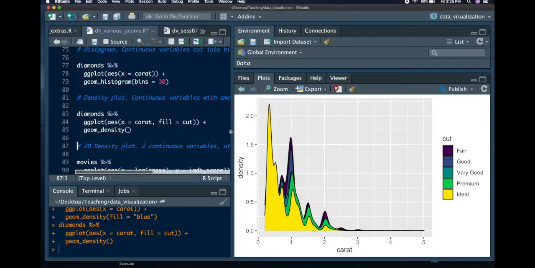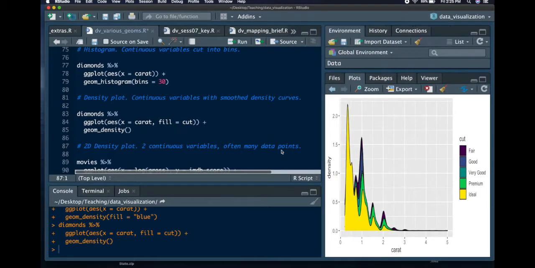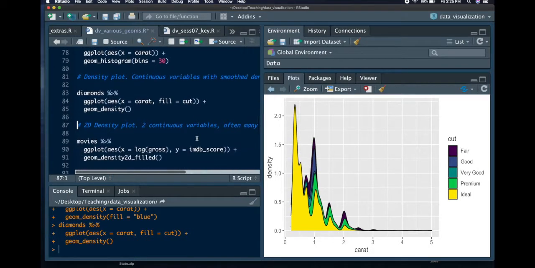Okay, so we could also change that and make them overlap, and then reduce or increase the transparency by reducing what's called the alpha, and then they would overlap, and you'd be able to see the density plots of all those. But we're not going to do that right now. That's a density plot,